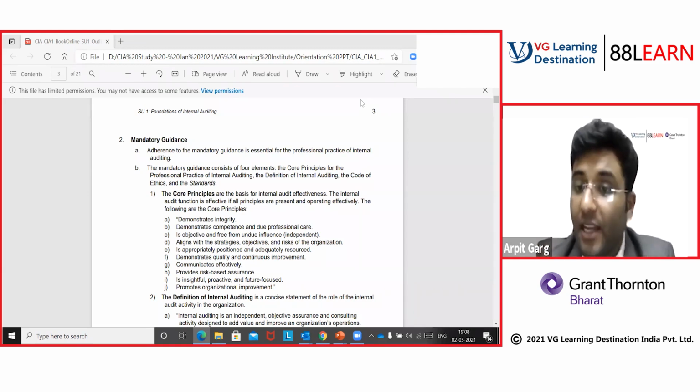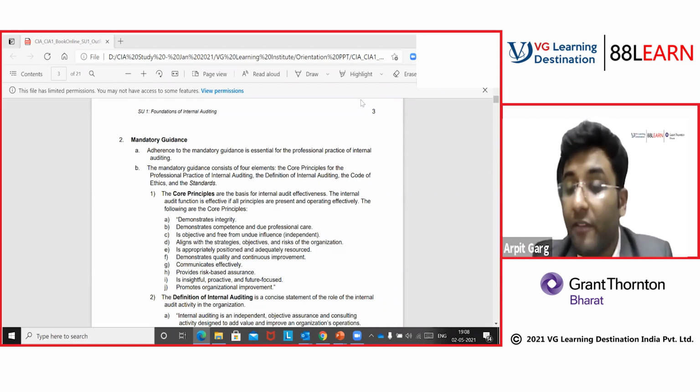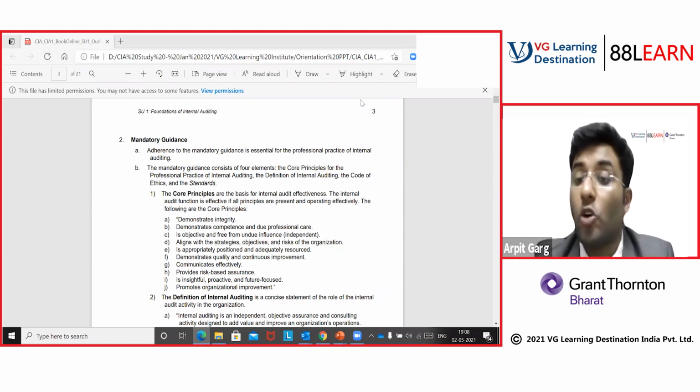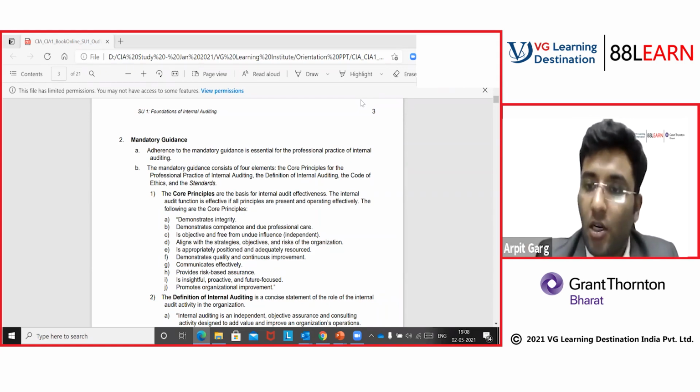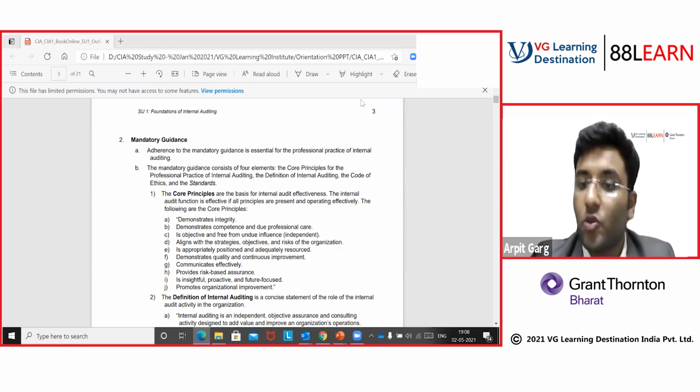So the risk and what is the control that you want to put in place, or what is the existing control, how that control can fail, and due to which what can go wrong for the organization, or how it is going to impact. So you're going to give insights to the management, to the process owners, to the stakeholders basically. I hope that is clear.